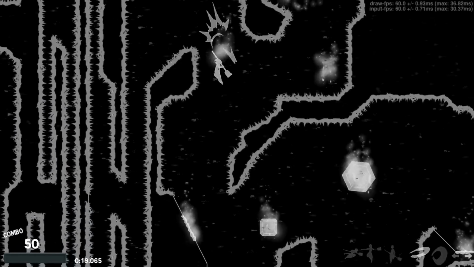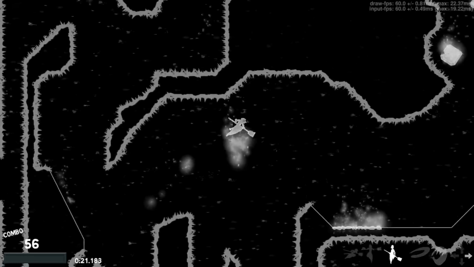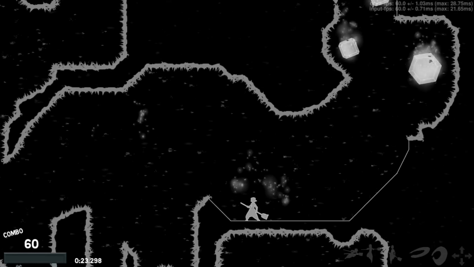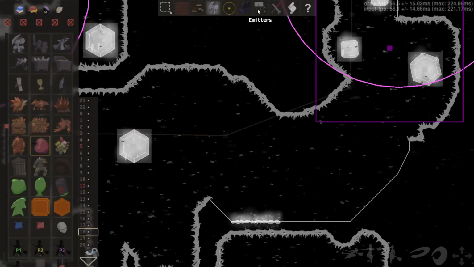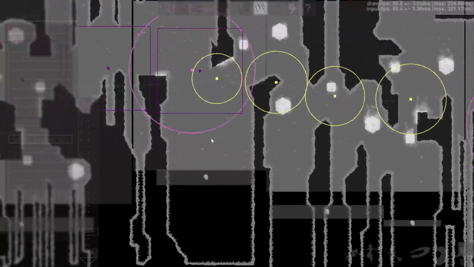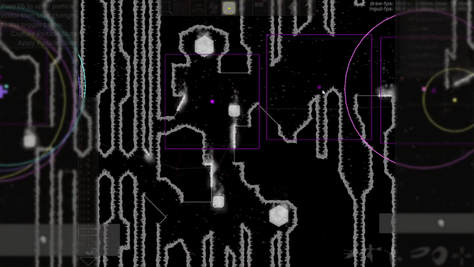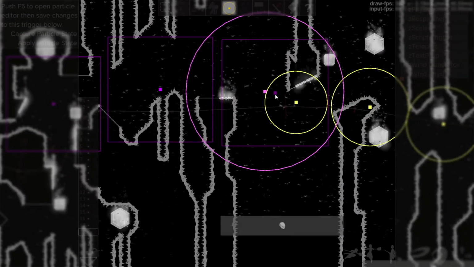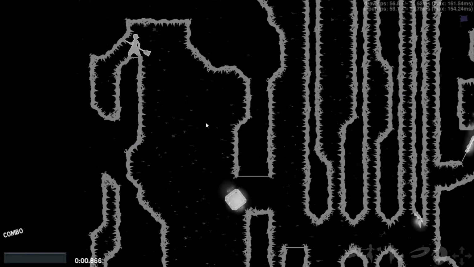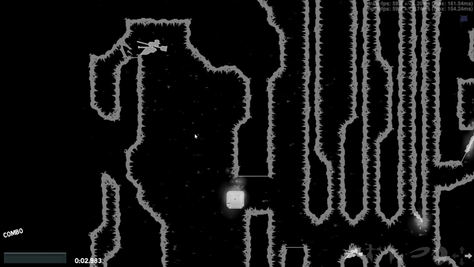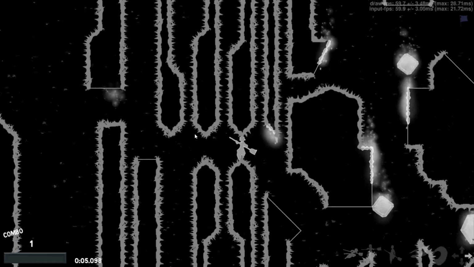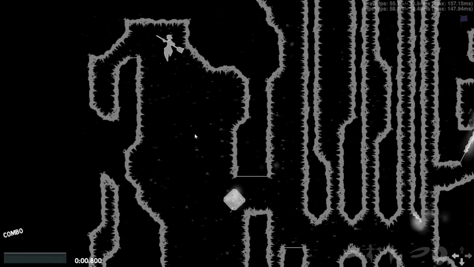This is such an amazing map in so many ways, in my opinion. Another thing that I believe this map does, so not only do we have just emitters literally everywhere, but I think we have the particles get more intense as you go through the map. So you start with just like a few of these background particles, and then as we make our way through. Oh,